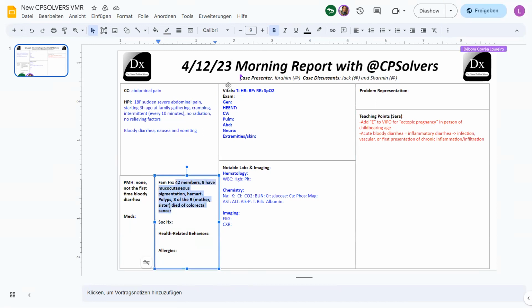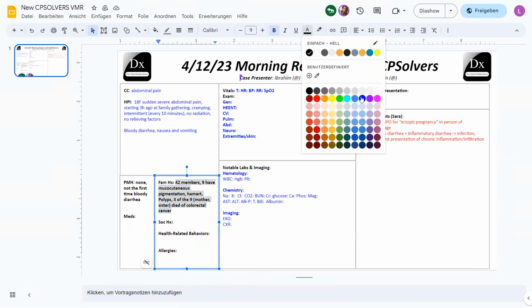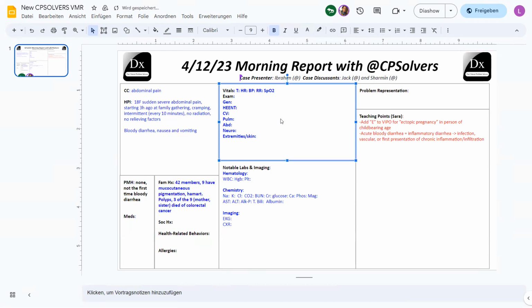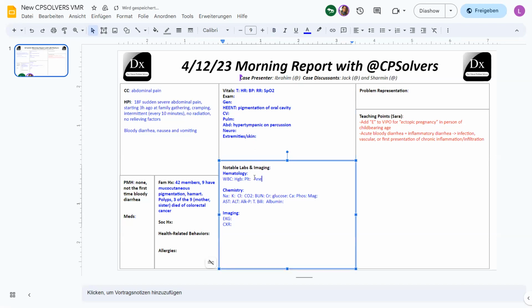Yep, of course. Okay, so for the physical examination for this lady, she had pigmentation of the oral cavity. The abdomen was less distended with increased bowel sounds, tenderness, as well as hypertympanic on percussion. The digital rectal examination revealed normal limits. And then I'm gonna go on to the blood investigations, again for the time's sake. She had anemia, and then she also had an abdominal x-ray, but I think I'm gonna keep it for later.